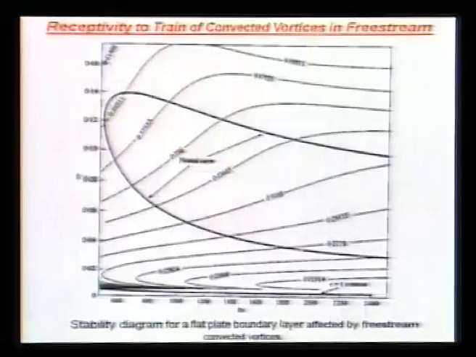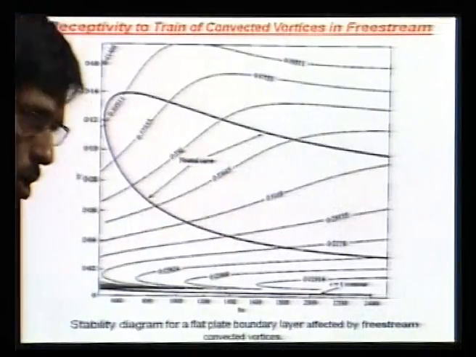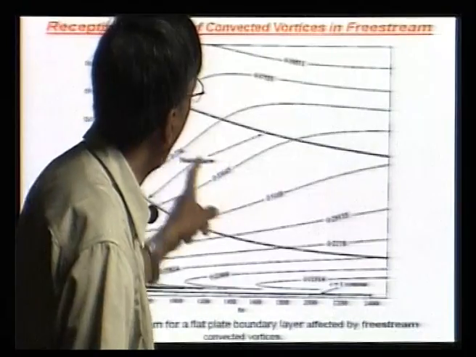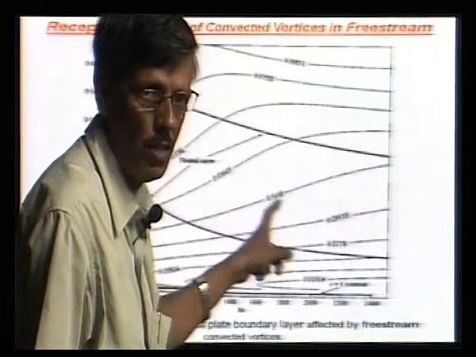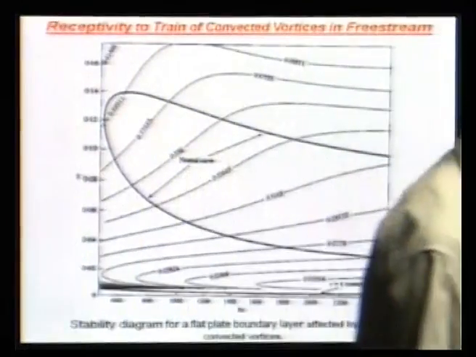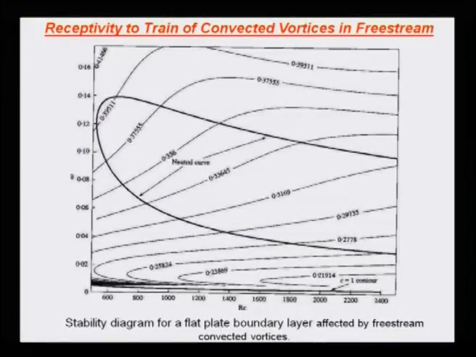That means you have a longer stretch of instability. And since it also visits the center part of this neutral curve, that's where your maximum growth rates are. So this particular route